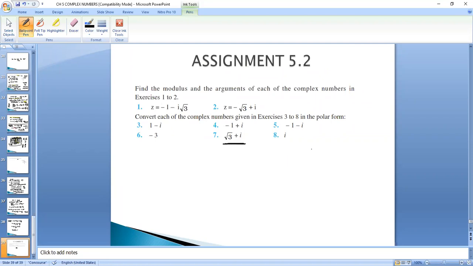Have you learned quadrants in the previous class? Have you studied quadrants? When sin theta is positive, tan theta positive, cos theta positive, all the angles are positive. Have you learned quadrants, trigonometry? Yes, ma'am. You know when sin theta is positive, when cos theta is positive, when tan theta is positive. It was there in 10th class? Yes, ma'am. Okay, then it will be easy for you. Otherwise, we will be learning again in the chapter inverse trigonometric functions.